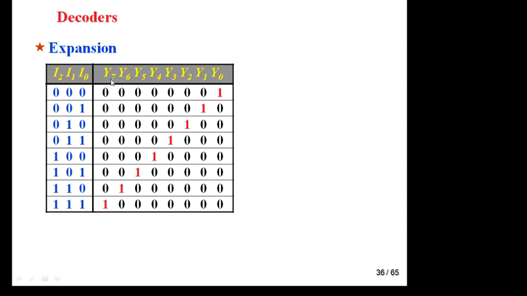Now this is your 3 to 8 decoder. When the value is 0 0 0, the output will be 1, y0 will be high. 0 0 1, the output will be y1. 0 1 0, y2. So you can analyze that you are getting the output diagonally. At one time only one output is high. Among the 8 outputs, only one output is high, depending upon the input value. Suppose 1 1 0, that is y6, so y6 is high and the rest are 0.